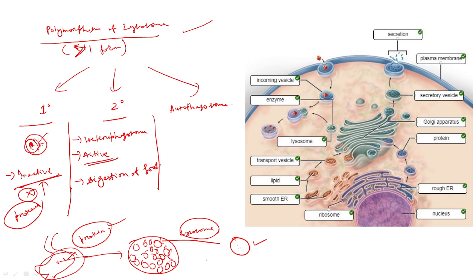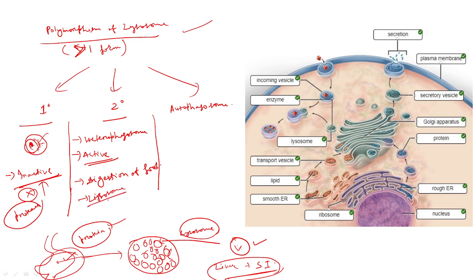In the liver also, in the small intestine also, they all contain the lysosome. That means in the liver, small intestine and stomach, all the alimentary canal, those cells contain lysosomes more vigorously,